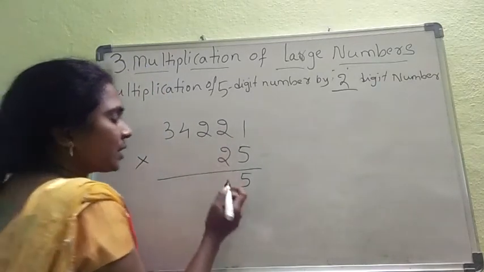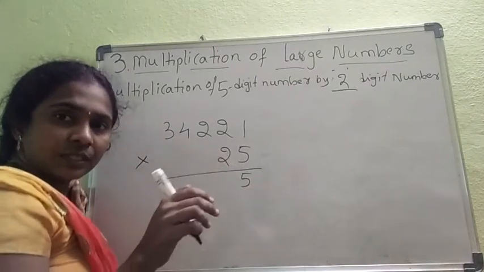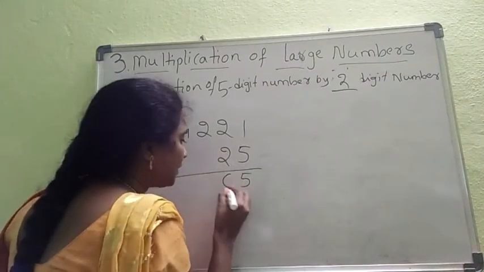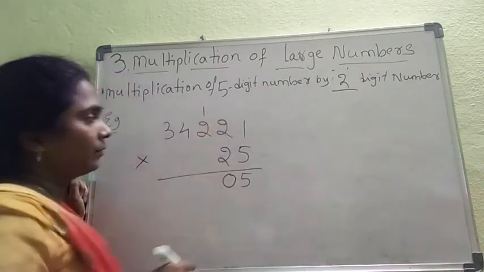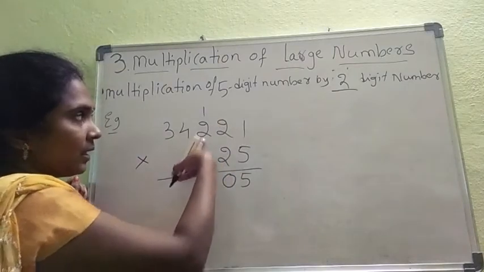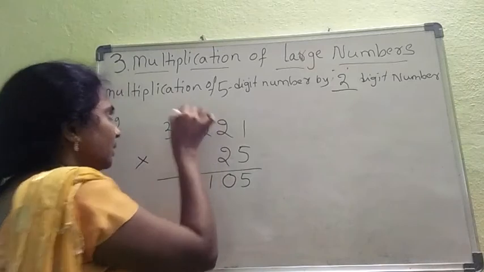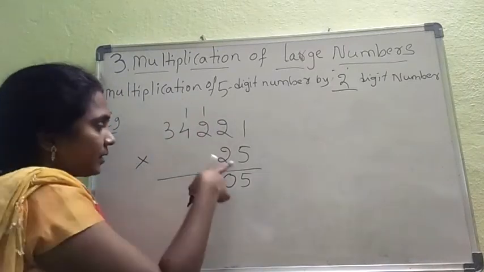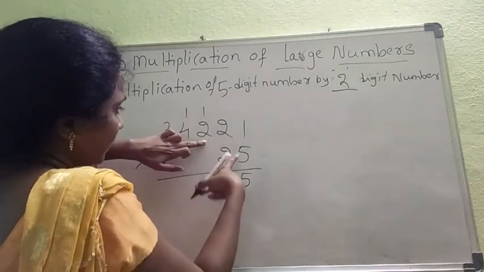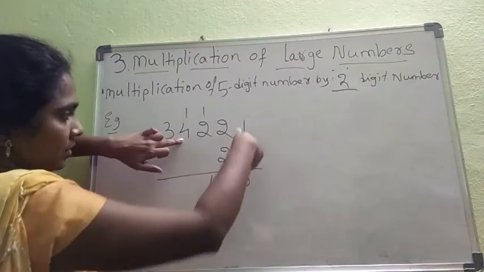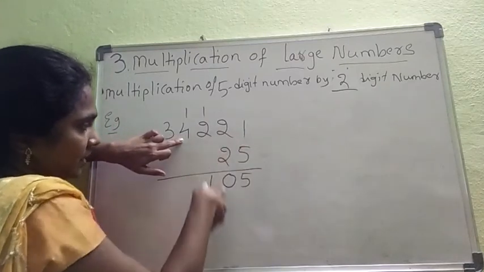Next, 5 twos are 10. 10 means a 2-digit number. We should write only 1 digit and 1 as a carry forward. 5 twos are again 10. 10 plus 1, 11. 11 means you should write 1 here, 1 as a carry forward. Next, we completed 3. Next, 5 fours are 20. So, this is exactly ones place digit, tens, hundreds.